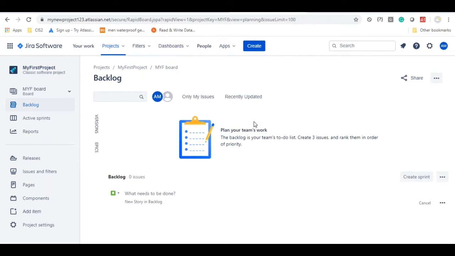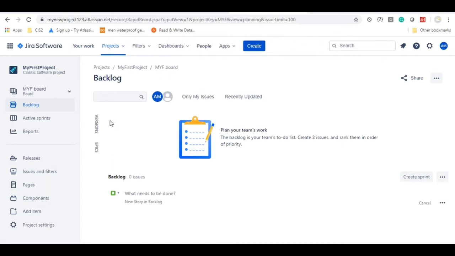The site name is going to be any unique name. You can give, just try by adding some characters. So MYF board is my first project. With that, it has created something. Whatever name we had given for this board, with that it has created this information. It's like a key kind of thing. The first 3 characters it took from my first project, and it has created a key.